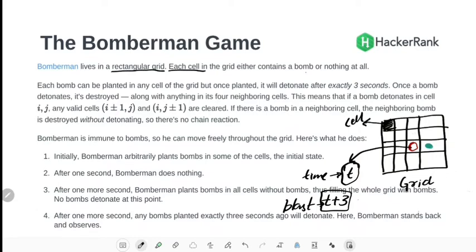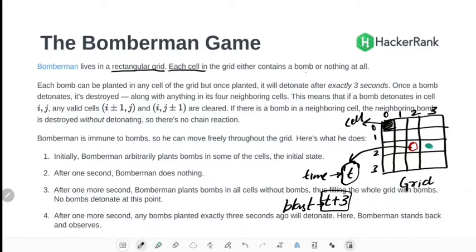This means any valid cell (i plus 1 or minus 1, j) and (i, j plus 1 or minus 1) are cleared. Let us number the grid 0 1 2 3 along the rows and 0 1 2 3 along the columns.